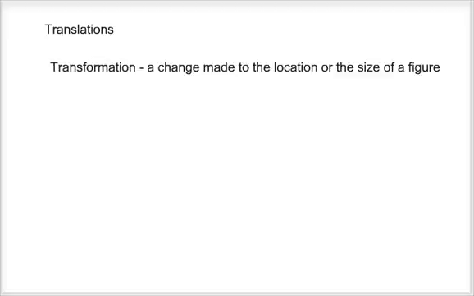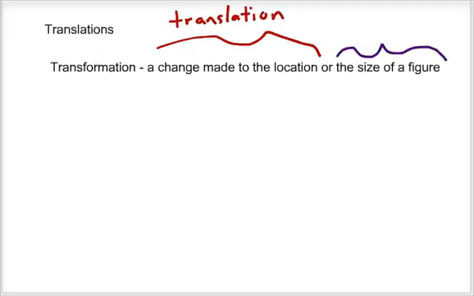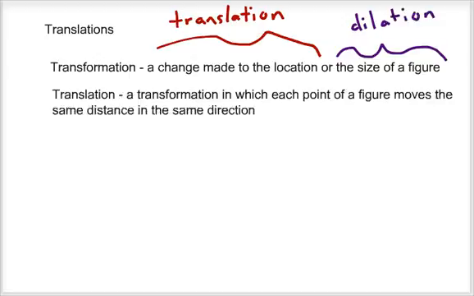Now transformation is a change made to the location or the size of a figure. If it's a change made to the location of a figure, then it is a translation. While if it's a change to the size of a figure, then it's a dilation. We'll worry about dilations later, but translation is what we're going to focus on today, and that's a change made